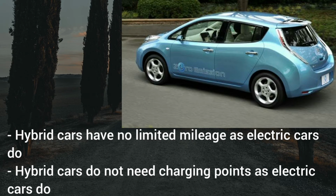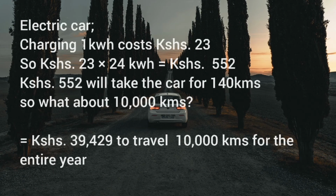Lastly, a hybrid car does not need any charging points, while an electric car certainly needs one. You will either have to install a charging point at your home or make do with the few that are in the country currently. Before we conclude this video, let's do a real world calculation of the fuel savings in